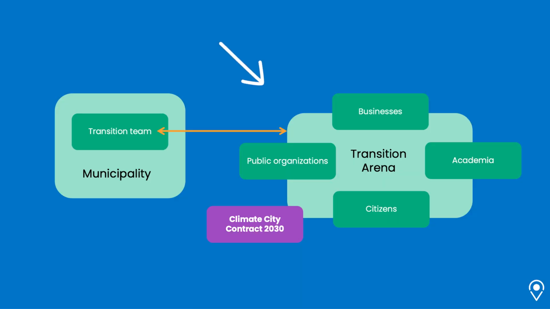We need organizations to align their plans with the mission of climate neutrality and with each other to increase efficiency and sustainability. In this way, both planning and implementation will be a shared responsibility of the so-called arena made up of quadruple helix actors: business, academia, civil society, and public organizations, including the local government. This is called network governance, which becomes the heart or the engine of the transformation process.